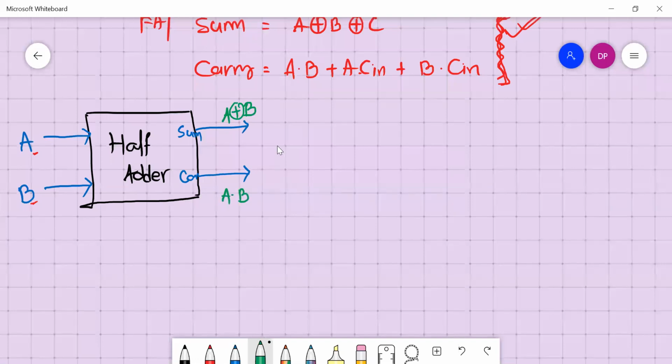Right? Now, if we take these two, what I'll do, I'll take another half adder.